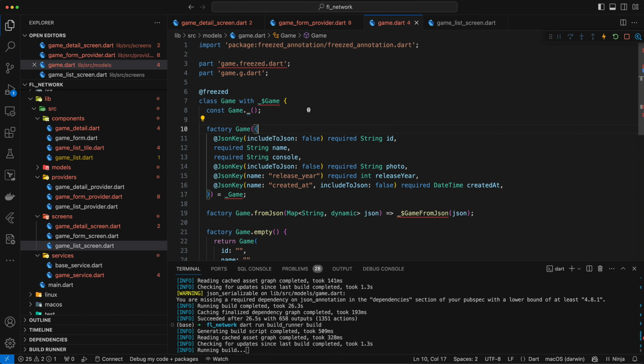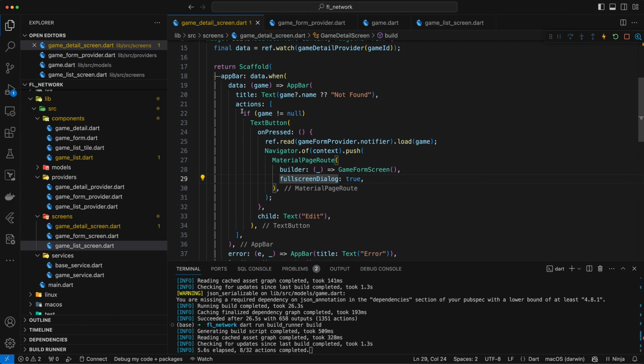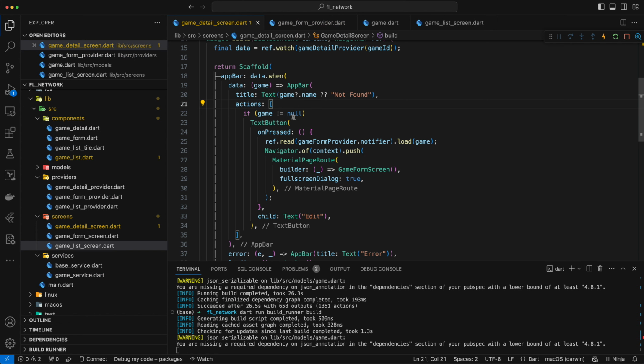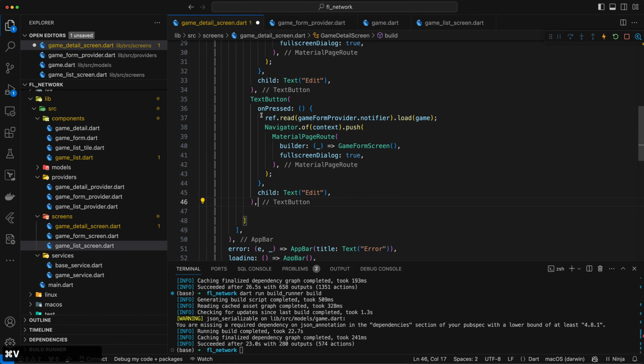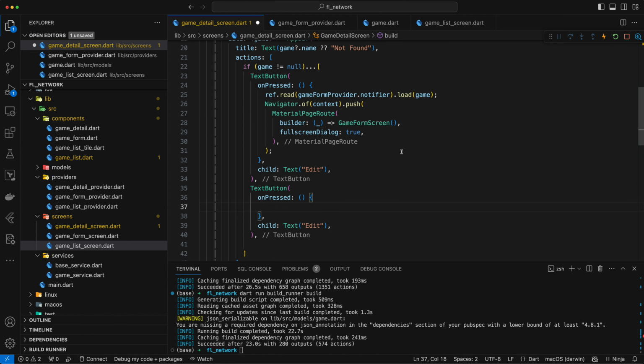The last thing I want to do is let's have a delete button. So in our game details screen, similarly, we can do this if game is not null and have a delete button. Let's do it that way. However, I don't really want to write if game is not null twice. So a nice little fun fact you can do is we can actually go and wrap this in a list like this, and take another text button, and we're going to get rid of what it actually does, but let's just do that there,